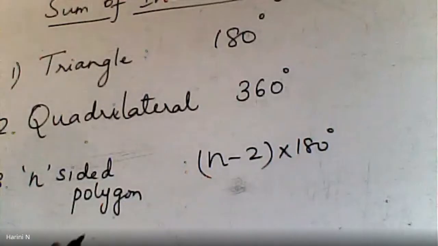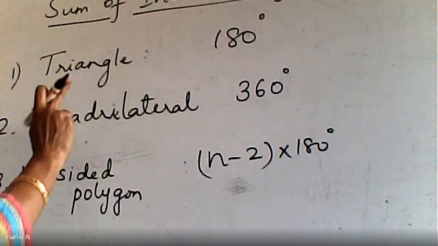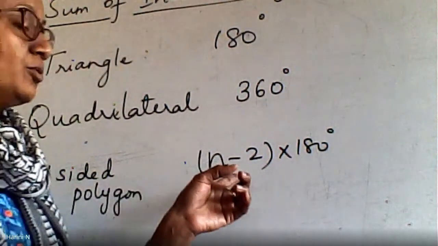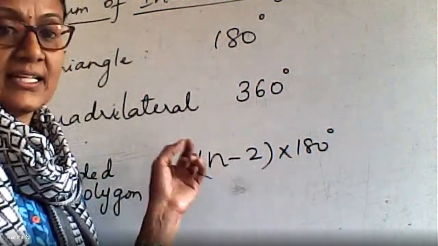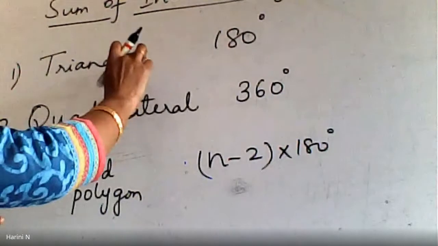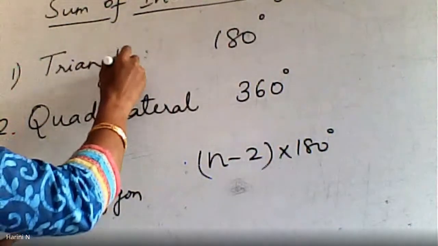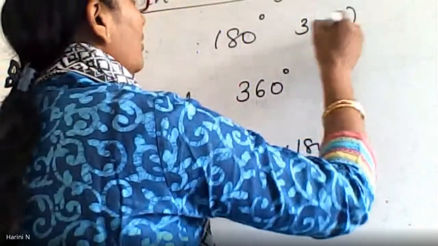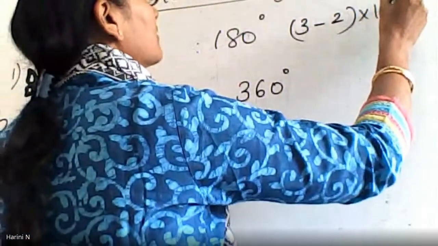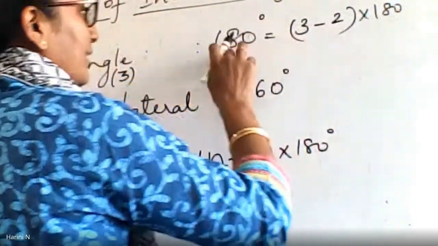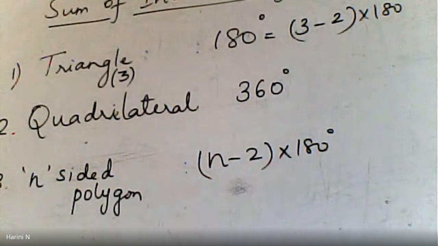Okay, fine. So let us continue. So when you are to find the angle sum, the sum of the interior angle of any n-sided polygon, you have to adopt this method where n is the number of sides of the polygon. So we will apply it for the triangle itself. How many sides does the triangle have? It has got 3 sides. So how will you find the angle sum? It is 3 minus 2 into 180 degrees. So it is 3 minus 2, which is 1. 1 into 180, it has become equal to 180 degrees.